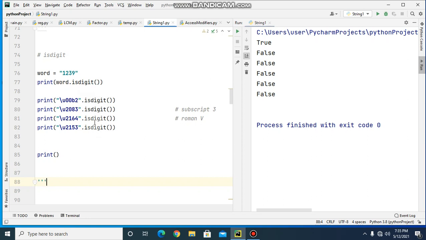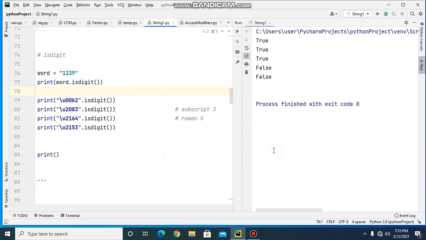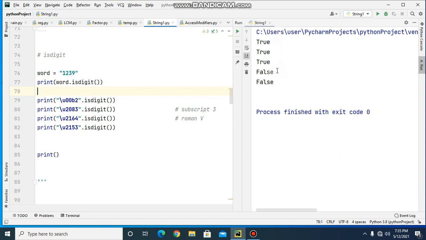But it will return false for Roman numeral 5 and for vulgar fraction 1/3. So the first 3 will be true and the next 2 will be false. We'll execute this. So true, true, true, then false.